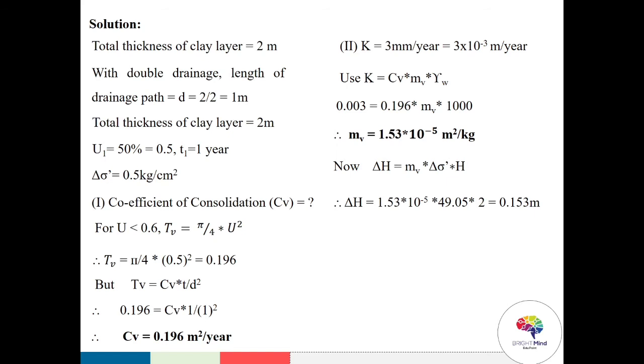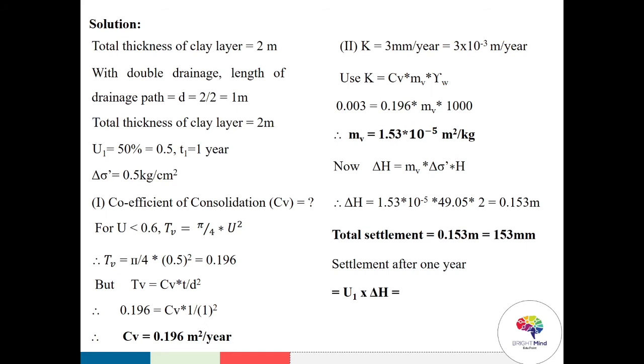And the thickness of the clay layer is 2. Substituting that, we'll get the value of delta H as 0.153 meters. So therefore, I can say the total settlement is equal to 153 mm. And the settlement after the time duration of 1 year, that will be 50%, will be 50% of 153,